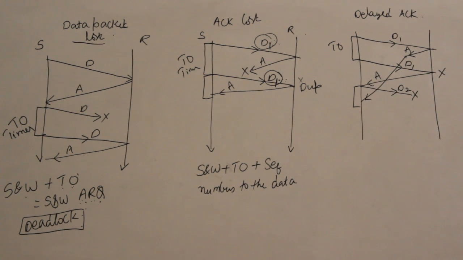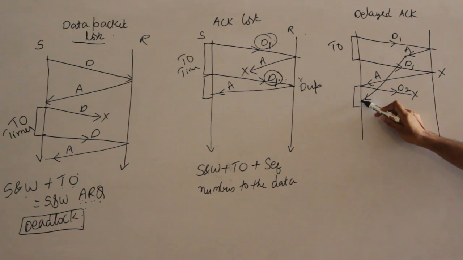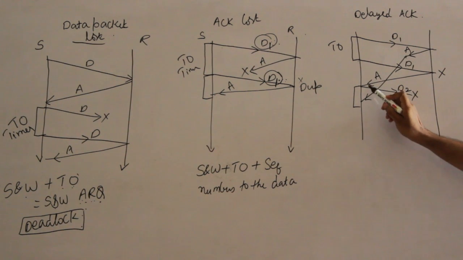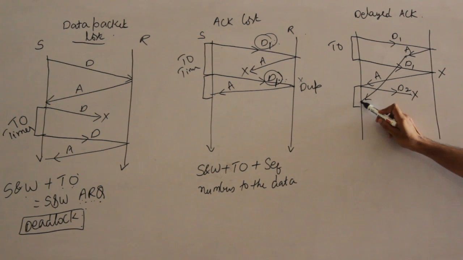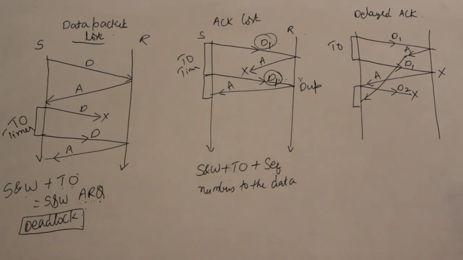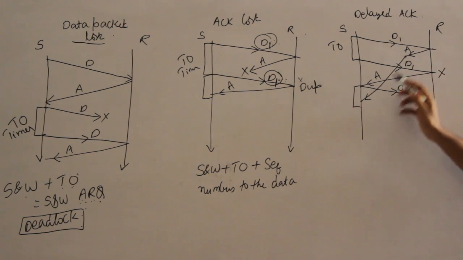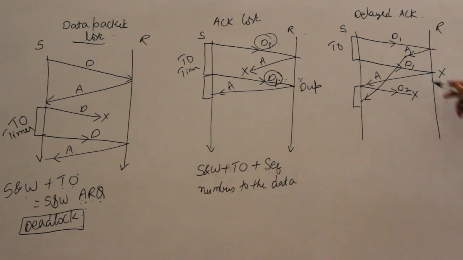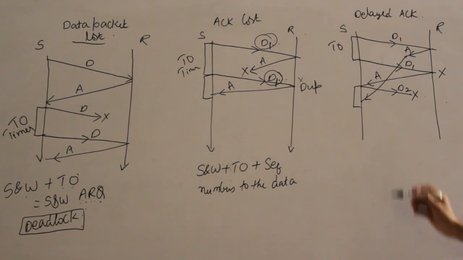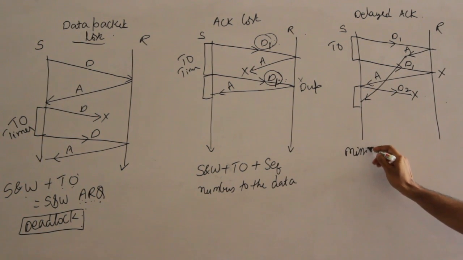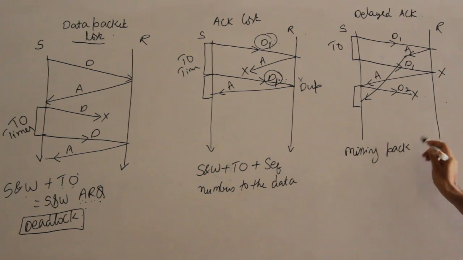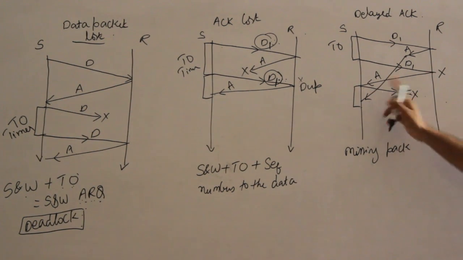At this point the acknowledgement arrived, right? So now, seeing this acknowledgement, the sender will think that I have sent data packet 2 and I got the acknowledgement, and now he will send data packet 3. According to the sender, data packet 2 has been sent and acknowledged, but according to the receiver, data packet 2 was never sent. So this leads to a problem called the missing packets problem. After packet D1, the packet D2 has completely gone missing. According to the sender, it is sent and acknowledged. According to the receiver, it was never sent.